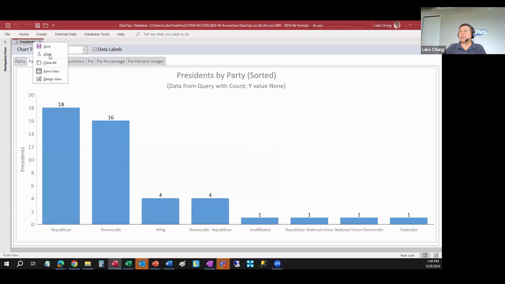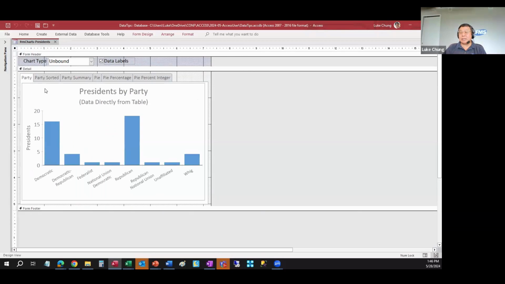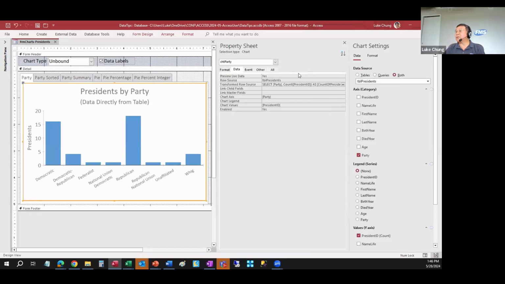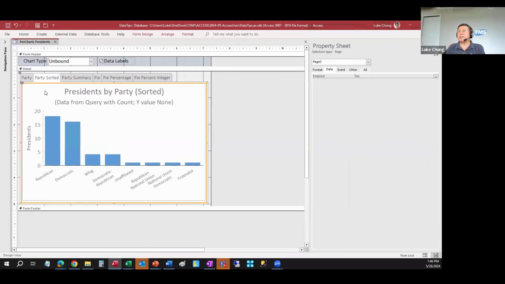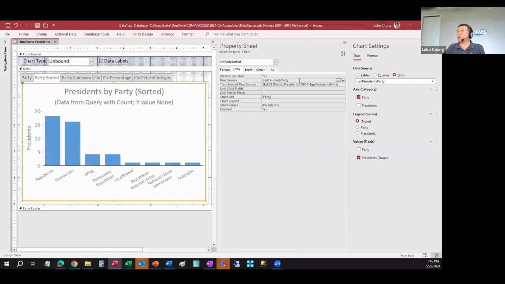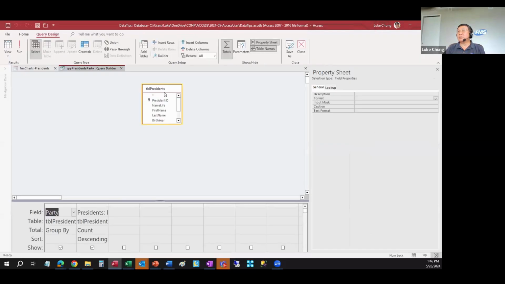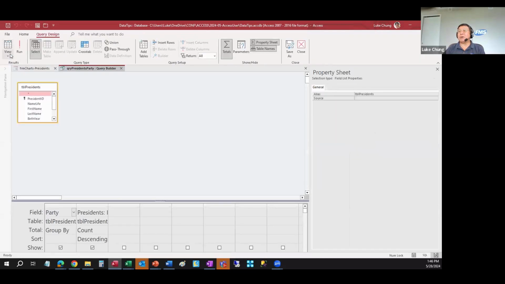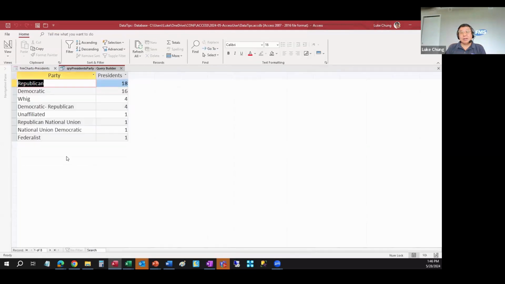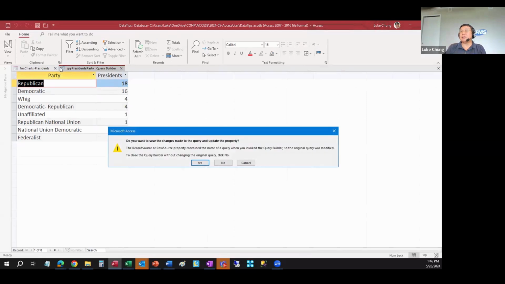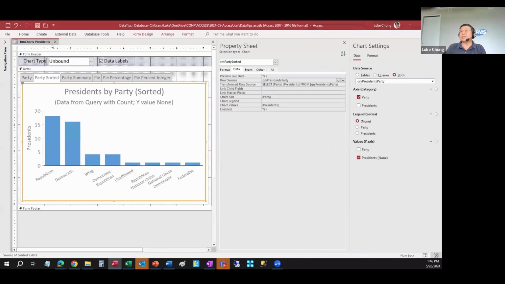And the way we can look at this is we can see the criteria here. This is the data for the first tab. It was from table presidents. The second one is from query president's party. And so here we took the table presidents, we did a summary query group by party, and sorted it in descending order. And the graph respects that and shows it in that order. Right? So that's nice. But really,